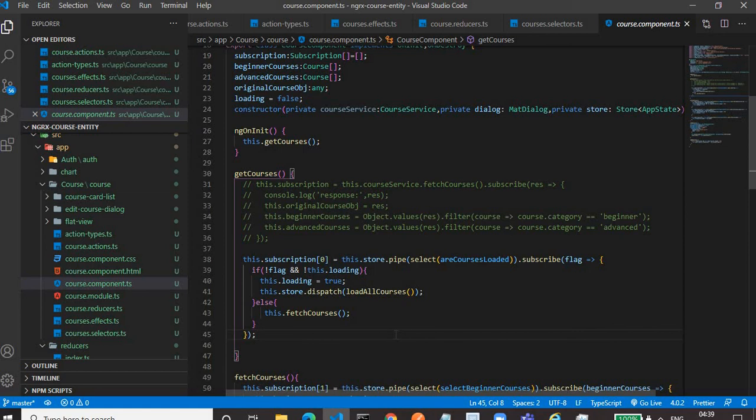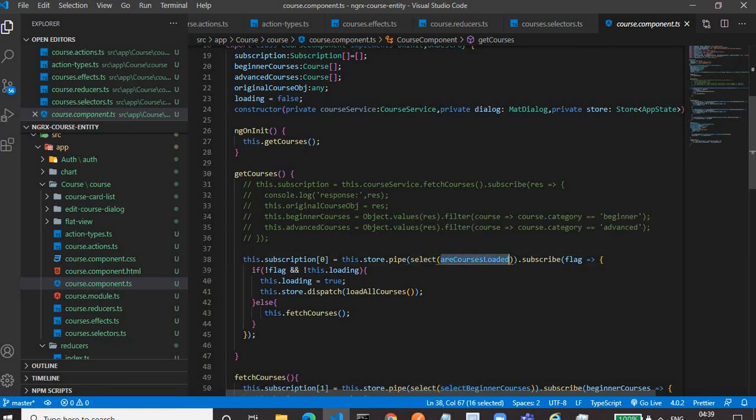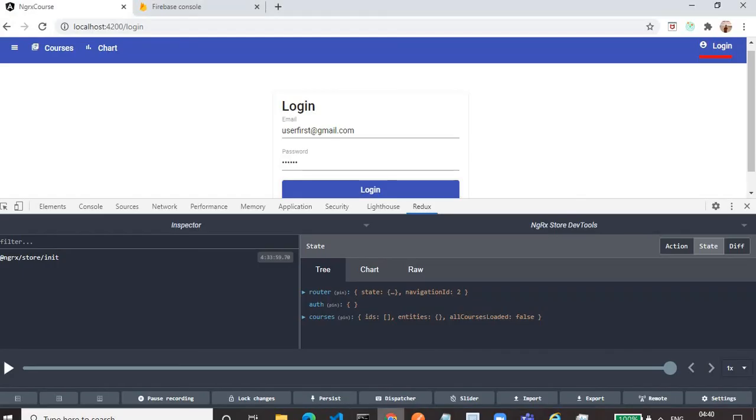We have written a couple of pieces of logic. We have a select operator, a selector that we have created to subscribe to the course entity in the store. Our coursesLoaded flag is either false or true, corresponding to this one.